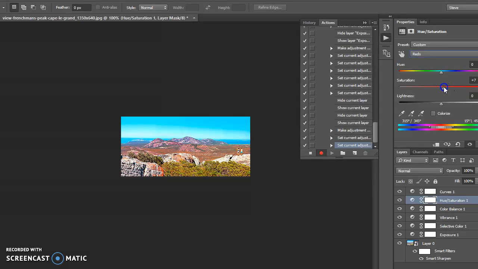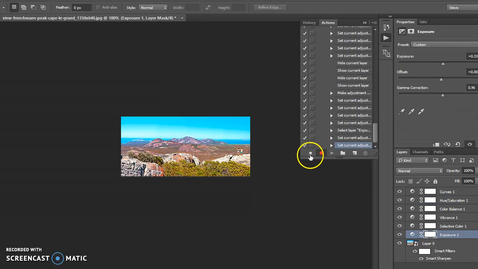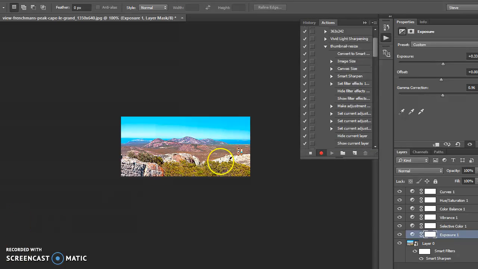I actually don't mind it being pushed a little bit. Not completely natural, but giving it that final pop. Okay, so one thing I forgot to do was